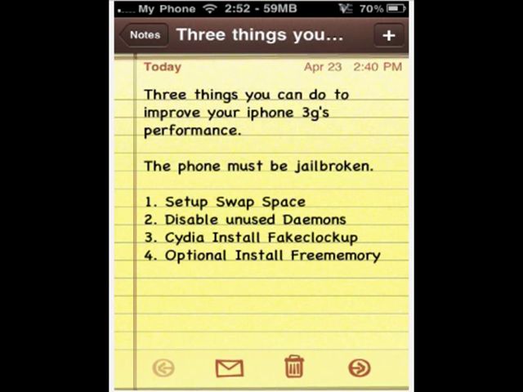Greetings. This is a topic that's been discussed quite a bit on the internet, and that is how to improve the performance of your iPhone 3G. It's assumed that your phone is jailbroken, but these 4 steps have helped me a great deal, and that is: